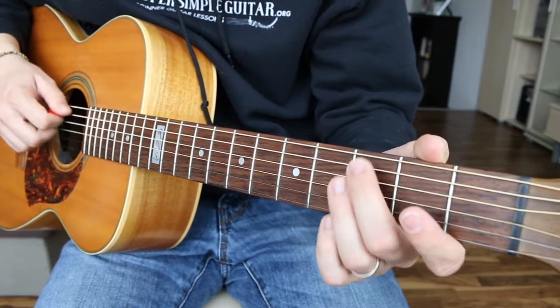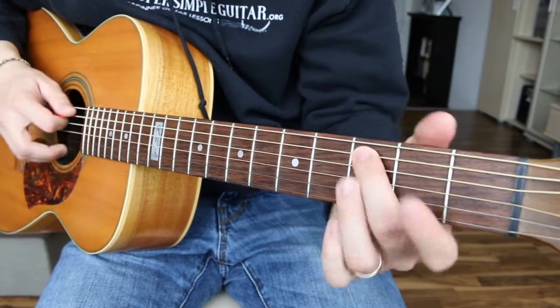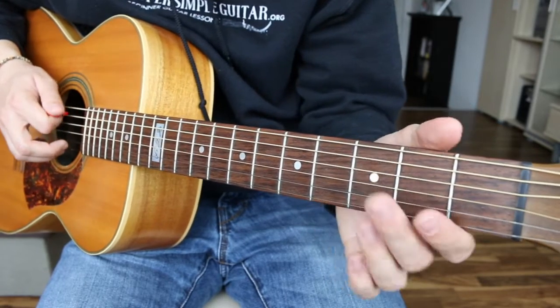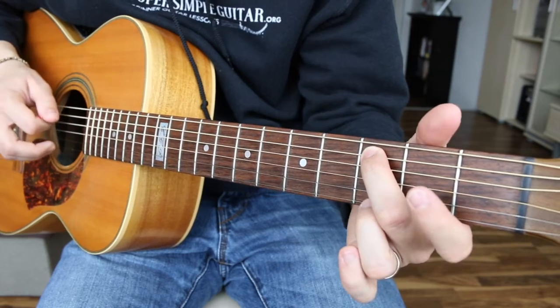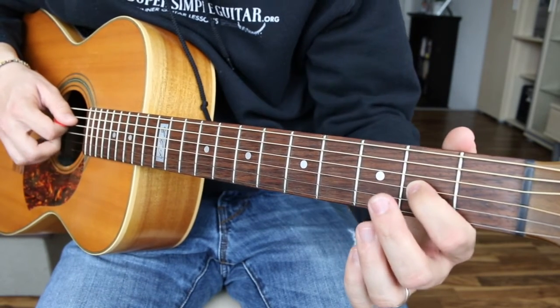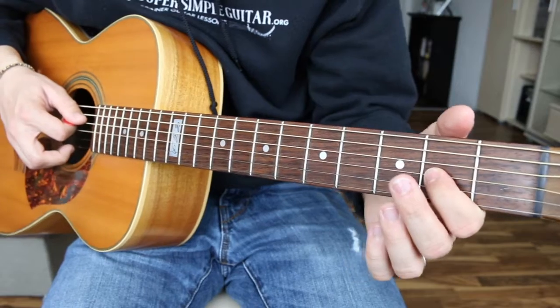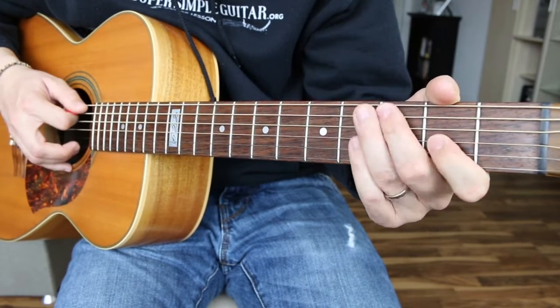So we're starting off with the open 5th string on the 3rd fret. So first I'm playing it open, then I'm coming down on it on the 3rd fret. Both are picked. So pick, pick, okay? And then with my first finger, I'm coming down here to the 3rd string, 2nd fret, and I'm playing the 3rd and the 4th string. Okay, so that's...